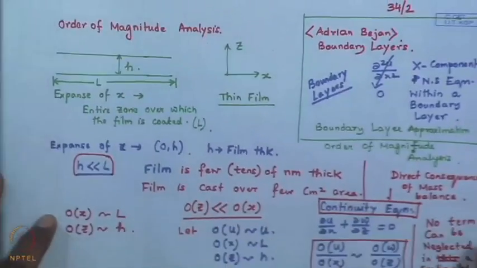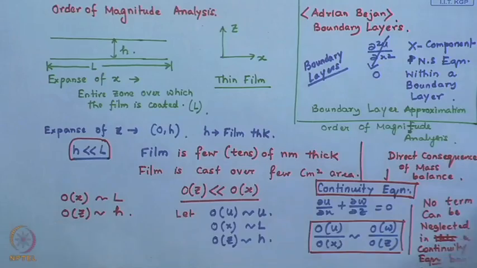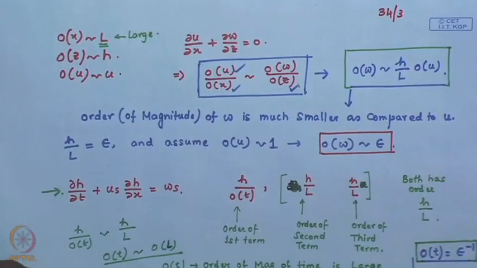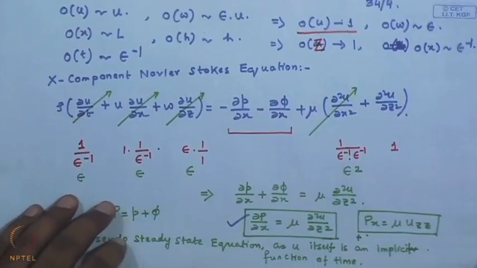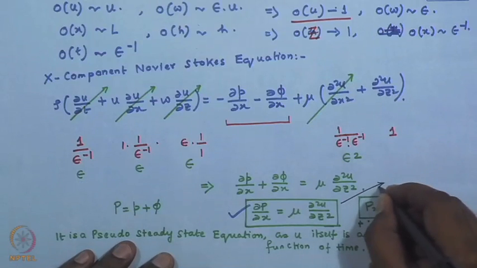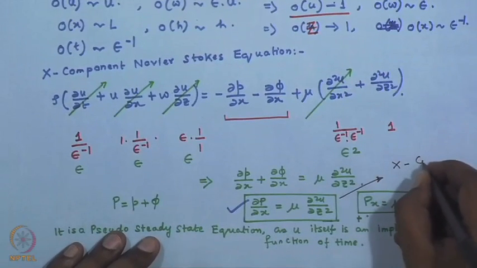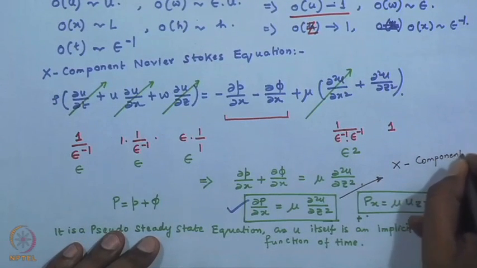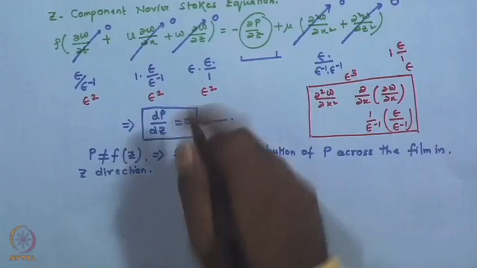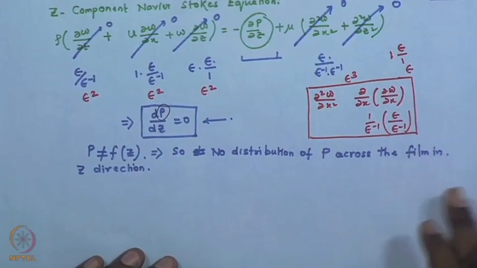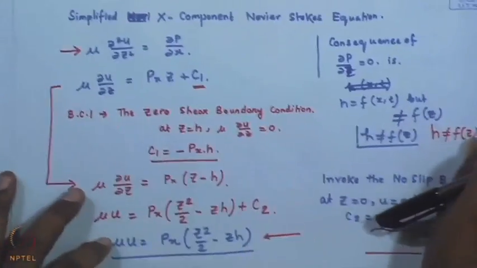We started to do an order of magnitude analysis. We just discussed briefly what an order of magnitude analysis is, and that eventually showed us which are the relevant and which are the non-relevant terms. And finally, this is the form of the final governing equation which we obtained from the x component Navier-Stokes equation. We also obtained dP/dz equal to 0, where P is the non-gravitational pressure, from the z component Navier-Stokes equation, and then we started to work with the governing equation for the system,